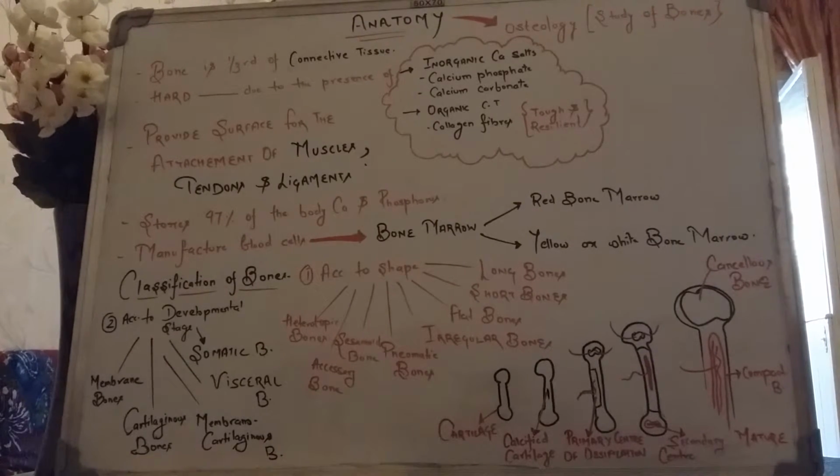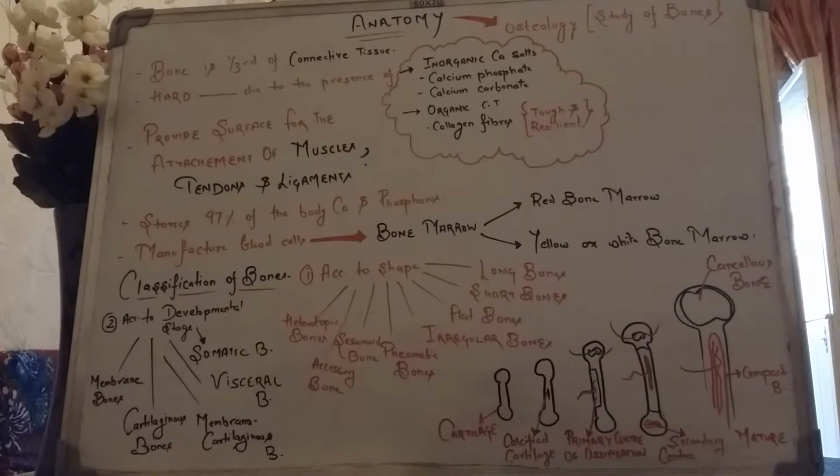So we know what bone is. Bone is simply one third connective tissue, and the study of bones is also known as osteology. As I told you, bone is one third connective tissue. It is impregnated with calcium salts, which constitute the two-third part. The inorganic calcium salts are mainly calcium phosphate, as written on the top of the board,